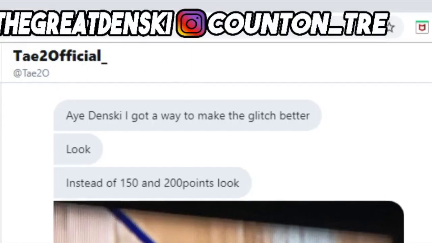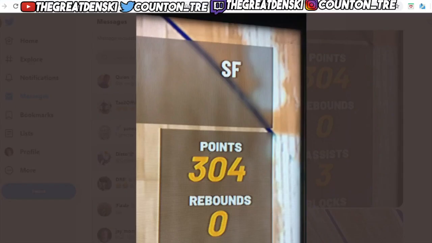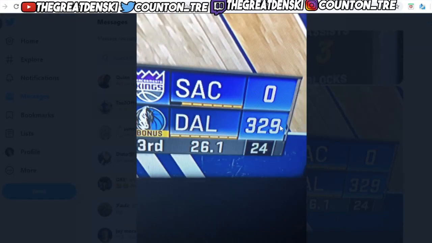Now, shout out to Tay2 Official because he showed us how useful this new method is. You can get crazy amounts of points. You can see 300 points in a My Career game. Of course, we're going to show y'all how to go crazy, but that's not even the kicker part. The kicker part is, look, you're going to see how many minutes the character was in the game. You're going to see the actual score on the scoreboard,